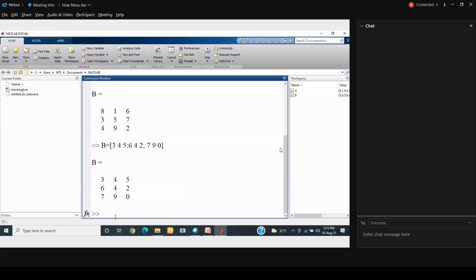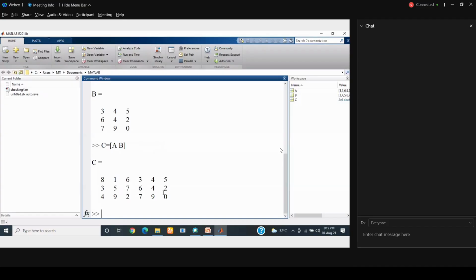Now I want to concatenate A and B. So I can formulate C is equal to square brackets, because we are going to form another matrix. So starting with the square brackets, and I want to concatenate it in a horizontal way. So A B, see how it looks like. This is my A matrix and this is the B matrix.